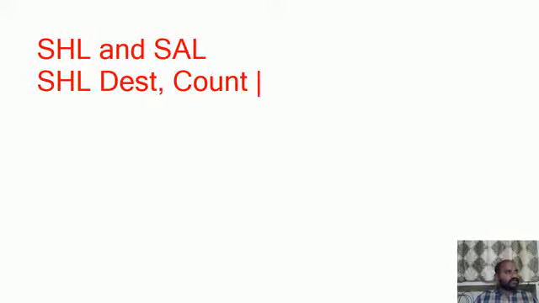SHL, right? We started with the SHL and SAL. Both are performing the same kind of operation. Syntax was what? SHL destination, comma, count, which we have seen just a few minutes back. SHL destination, comma, count means this instruction shifts the content of the destination to the left side by count number of times. So this count may be 1 bit position, or it may be more than 1 bit position. Before that, let us see the diagrammatical explanation of this particular shifting operation.